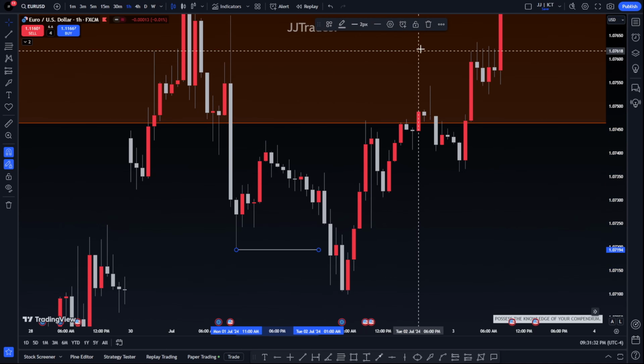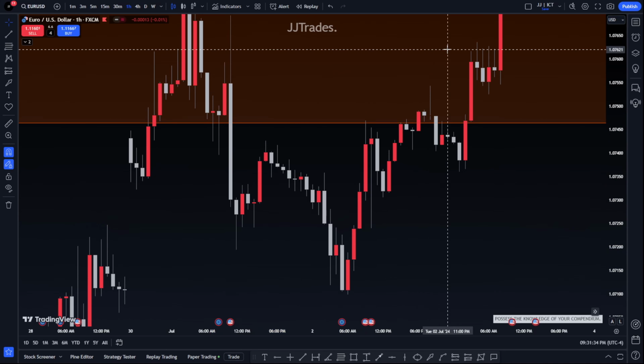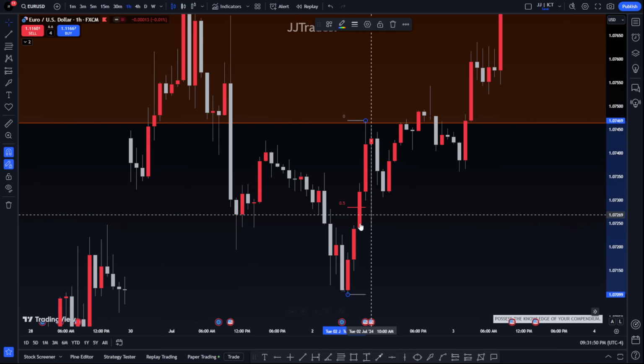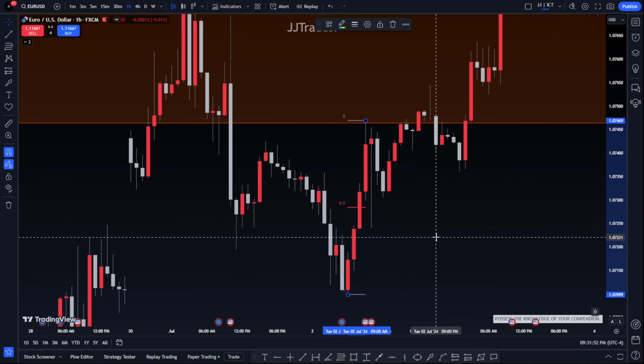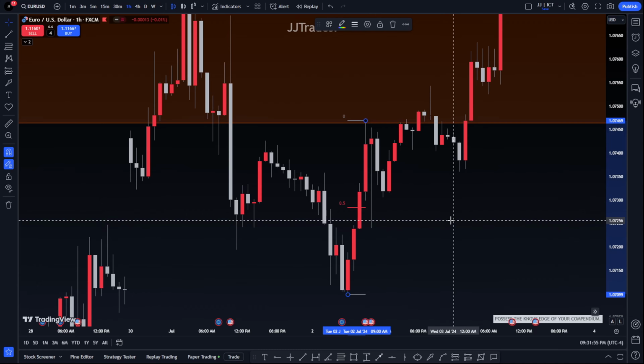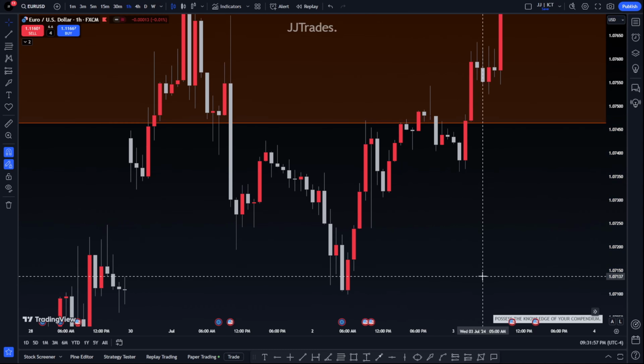Like I said, same homework as the last episode. I might start giving homework for every episode too. For this episode's homework, go draw dealing ranges and look at the equilibrium. Instead of just drawing the dealing ranges, practice drawing them, but look at the equilibrium. Pay attention to what it does. That's your homework, and I'll see you on the next episode.